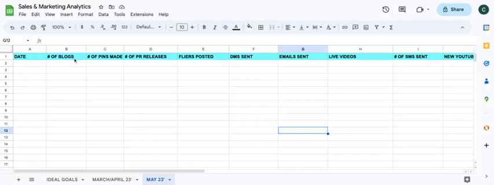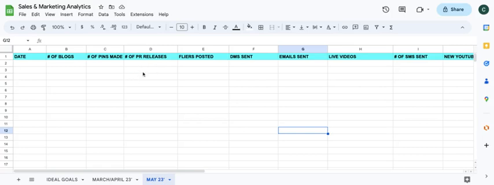So we have the number of blogs. Then I put down here number of pins made. So you can actually use Pinterest, and Pinterest is a great tool to send traffic to your blogs. Then over here, I put down the number of PR releases. So this is going to be editorials, publishing sites, news channels, magazine channels.